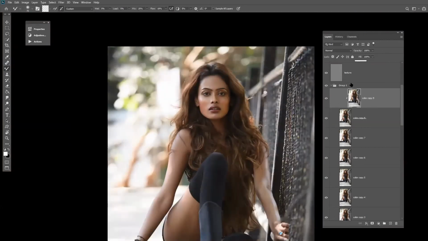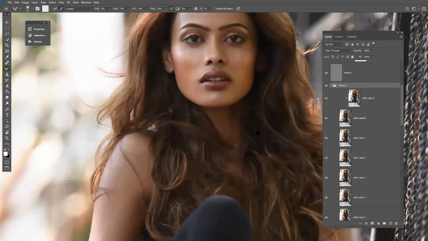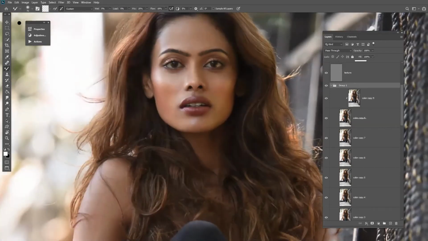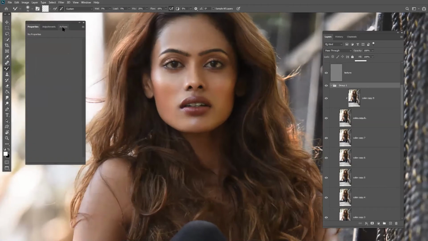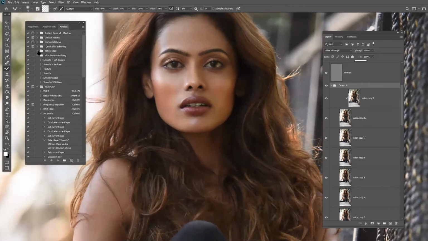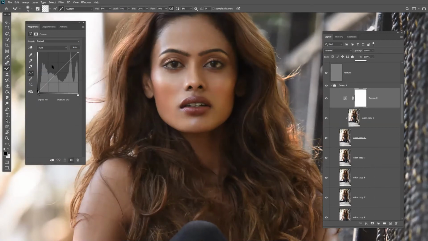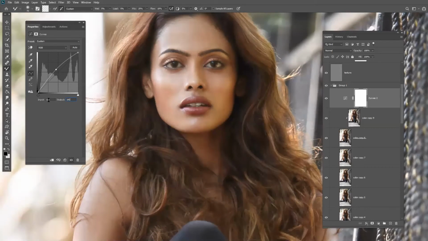So now let's come to the enhancement part. How to enhance the image. Normally we do the dodging and burning to enhance the image. There are two ways. Let me show the first way. We create first for the dodge area. So we will create an individual dodge layer, curves, and it's 145, 105.